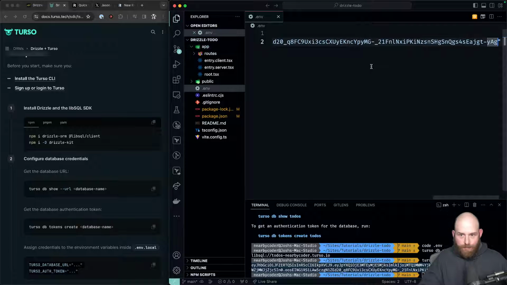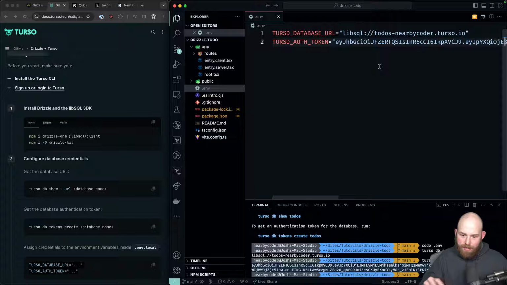Disclaimer warning, this token will be revoked, so don't worry about trying to use it, but if you want to try, go ahead. So there we go, we have the token, and now if we scroll down a little bit,